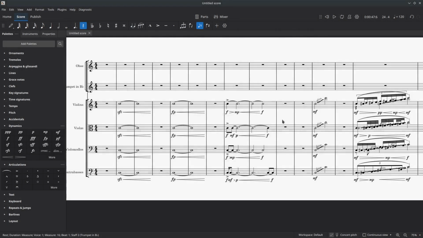Hi there, this is Carl Irwin with a quick look at MuseScore 4 and some sequencing tricks for realistic playback. As I've been discussing in some previous videos, there are some things about the MuseScore playback engine that are problematic,